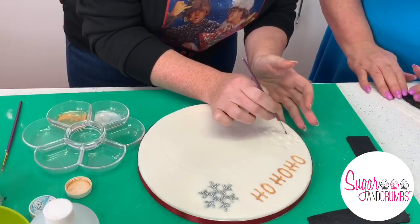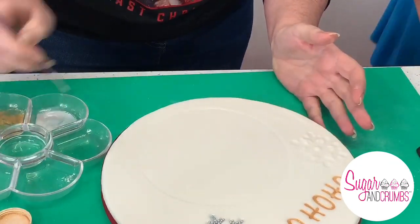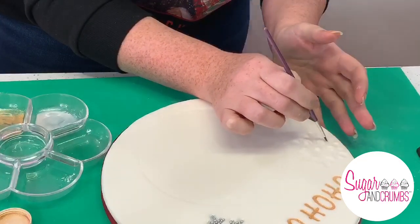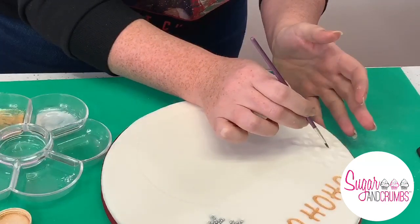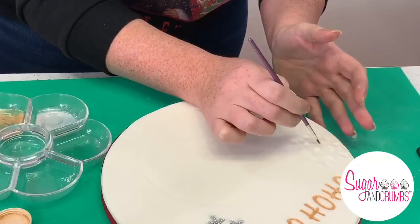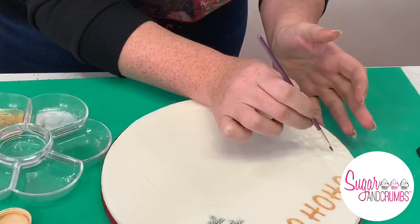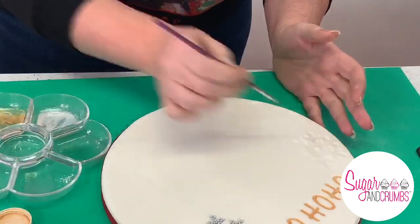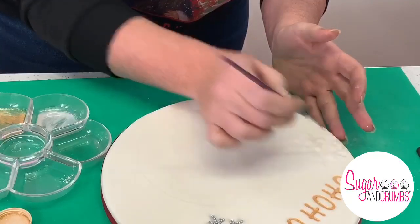And like I say, that's why I decided to go back over it once I've added a little bit of the frozen blue. But as you can see, the consistency is really thin. And that's why it's almost flooding the shape. So I'm really not having to paint too much in. I'm literally just putting a little drop into the line where it's been embossed, and it's doing the work itself really. It is the same sort of technique as the perfect pour,